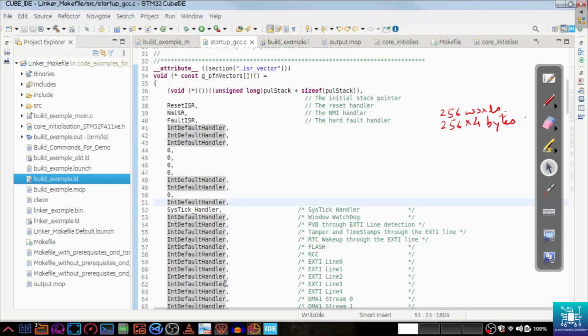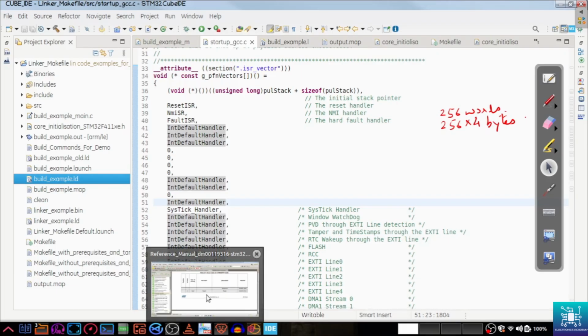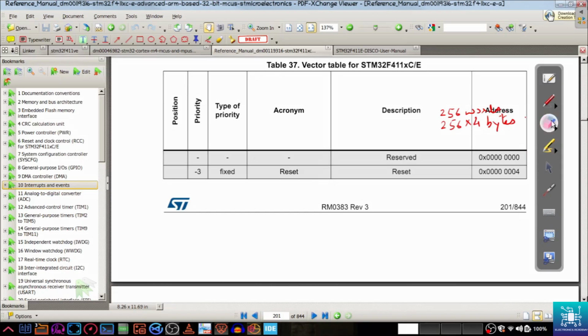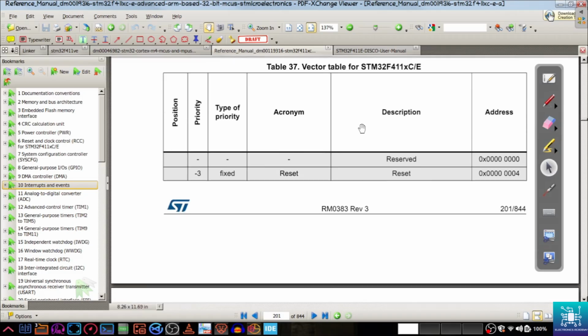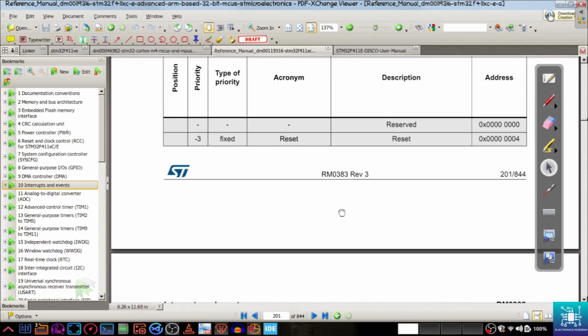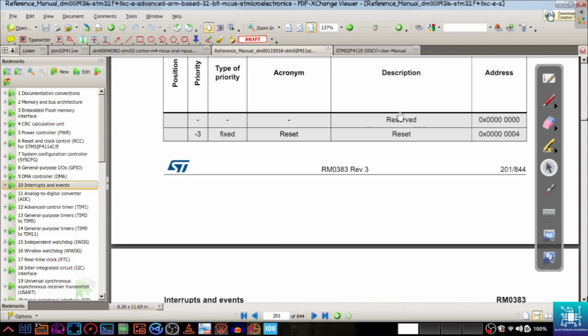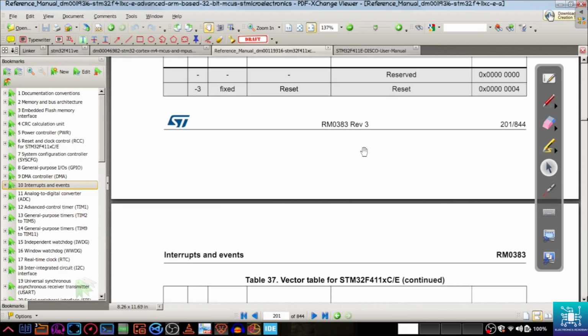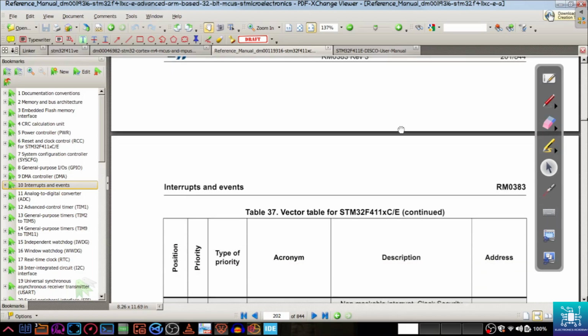So now we'll have to go and have a look into the reference manual and into the exception vector table. This is the vector table that we have to put into the startup file, and as we see, the first one is reserved, so here we will have the address of the stack pointer. This one will contain the address of the top of the stack, that is the highest address plus 1 of the stack, and then we will have the address of the reset handler, and then